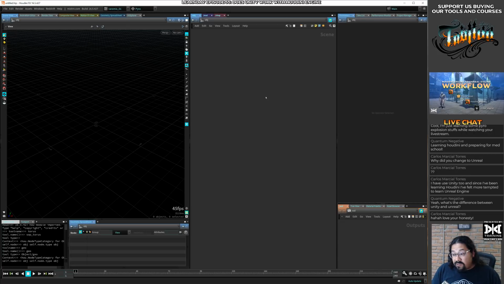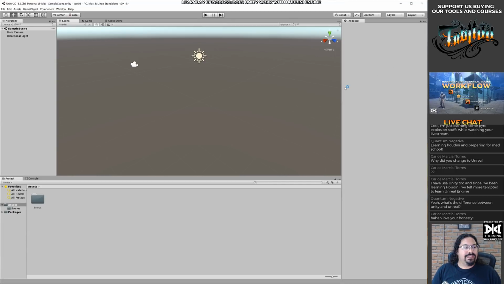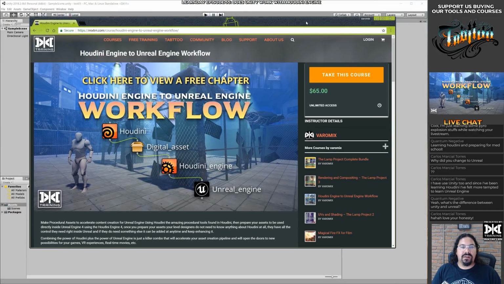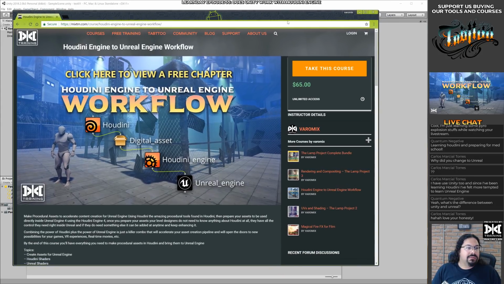What's the difference between Unity and Unreal? There's a lot of different stuff, but I think the biggest one for me is that Unity requires a lot of plugins, and Unreal has all the tools built in. And I think Unreal gives me faster, better looking results really quickly. With Unity, there are too many steps to get nice looking stuff. They are getting better, but it's alright.